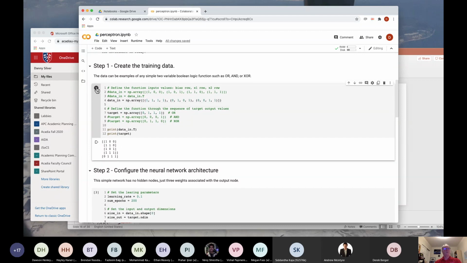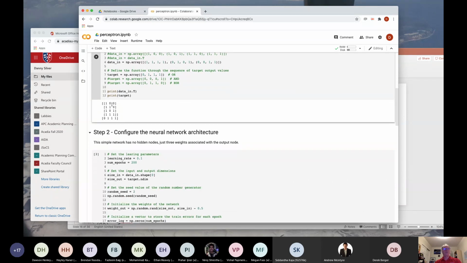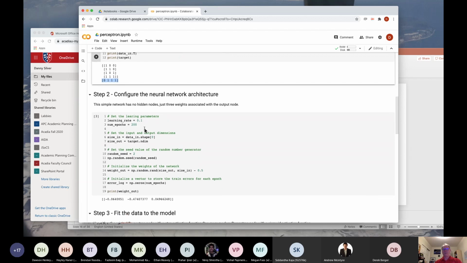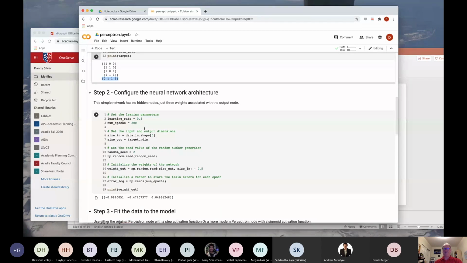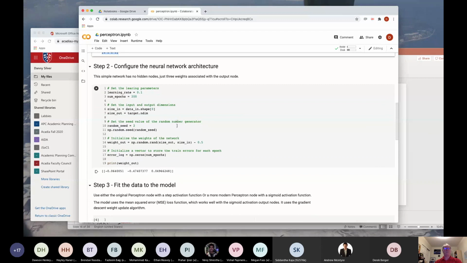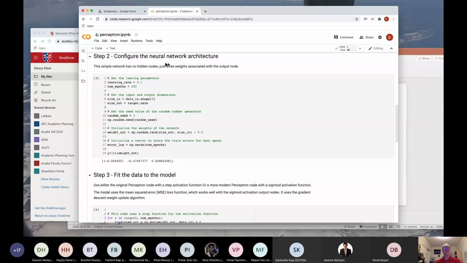So if you run this piece, then you'll see that everything is ready to go. So we've got our bias input, our X1 input, and our X2 input, and this is what we're expecting the network to eventually learn for all of those. So this is a case where we're going to be learning everything, all of the examples in the model. So this is the network architecture, the simple network which runs the logic that we saw, the mathematics that we saw in the equations here.